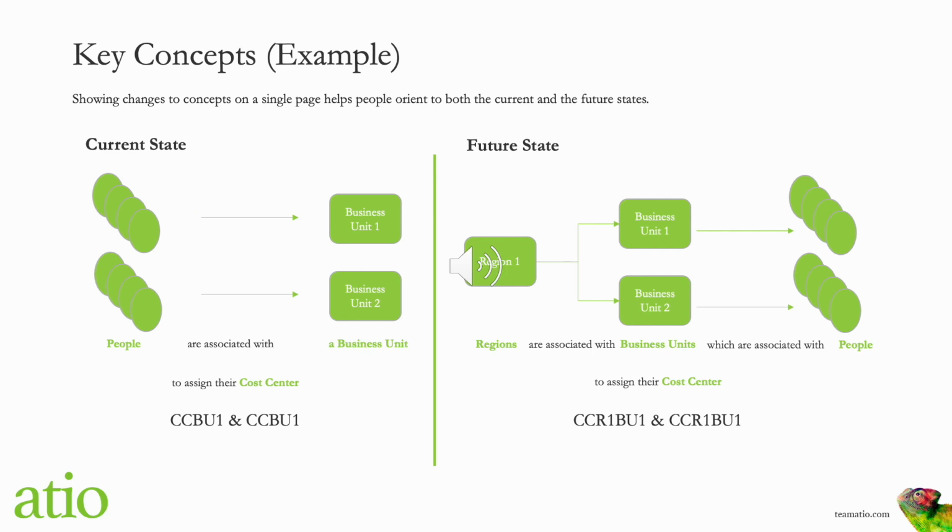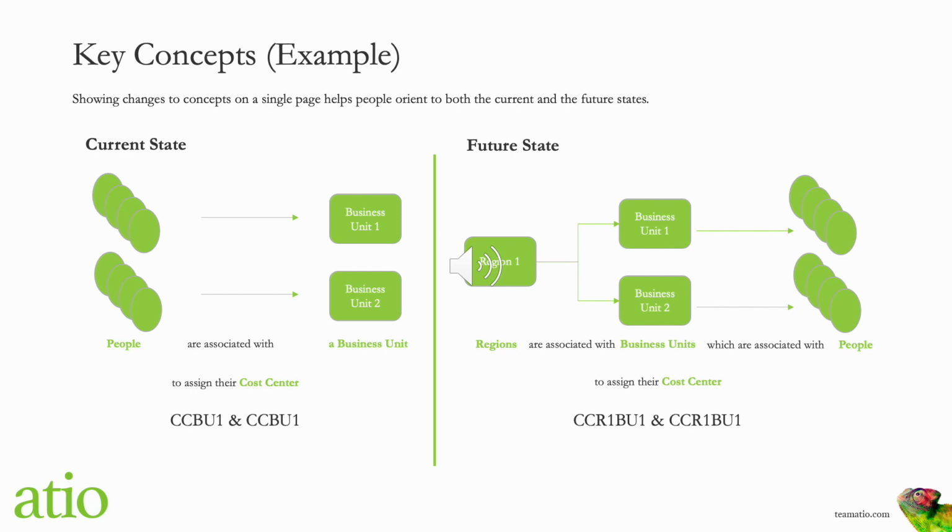Another option for sharing information in a summarized view is using key concepts. On this one pager, you've got the current state on the left-hand side, the future state on the right-hand side, highlighting what is changing, in this case, on how to assign cost centers. It's easy to understand, but it is a lot of work from a change practitioner perspective to create a simplified